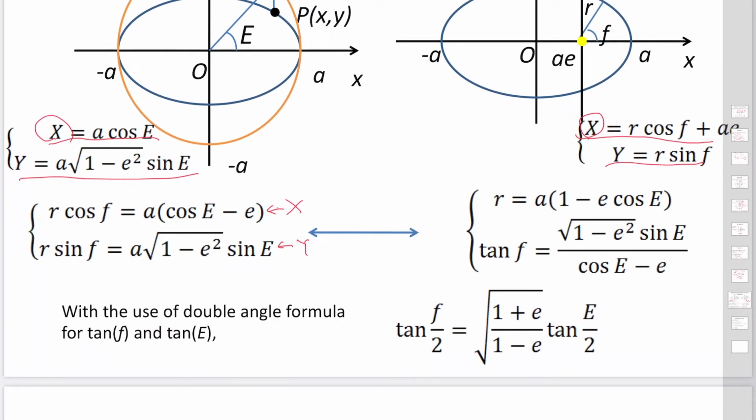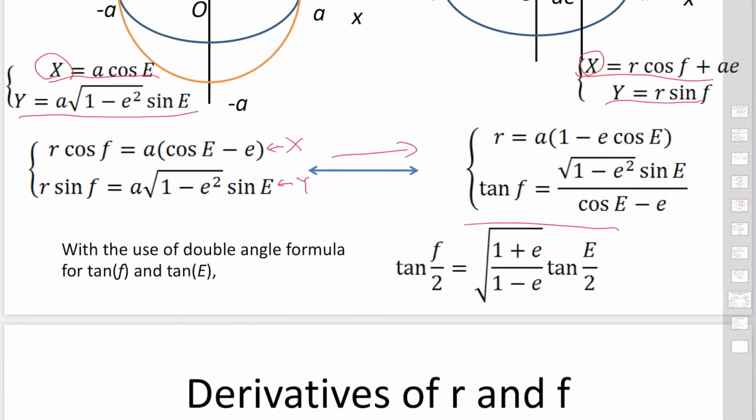Then from these two, you can derive the right hand side, r and tangent f. And with the use of the double angle formulas for tangent f and tangent e, you could find the relation between the eccentric and true anomalies with this equation. Okay, then